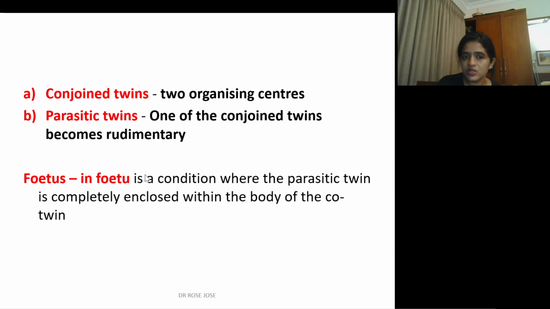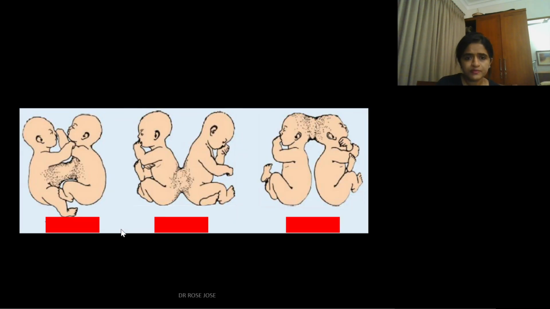Now there is a condition known as fetus in fetu, where the parasitic twin is completely enclosed within the body of the co-twin. These are the conjoined twins. Depending upon the site of fusion,